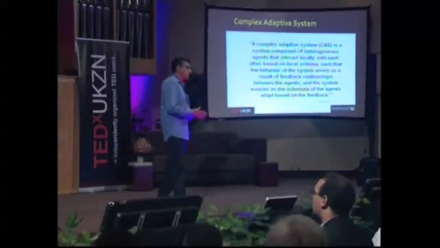Now, what are agents? Agents in physical systems could be molecules. They could be neurons in the brain. In human systems, they could be human actors in an organization. They could be firms in an industry. So we have a full plethora of what agents could be. What's important is that they're heterogeneous, meaning that they don't all have to be the same. They have different risk propensities, qualifications, experiences, goals, beliefs, etc.